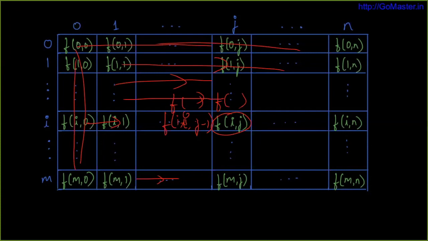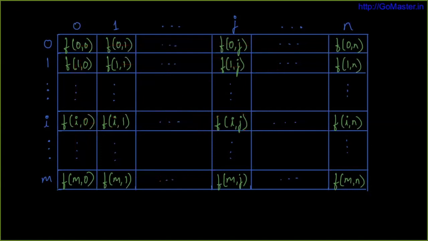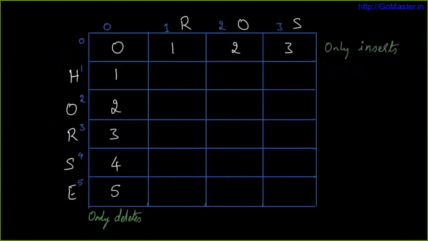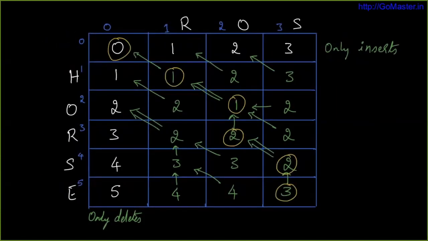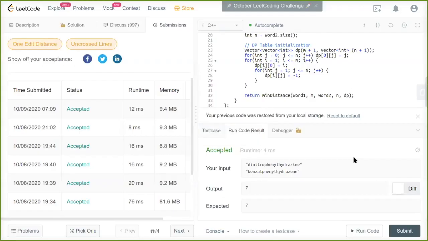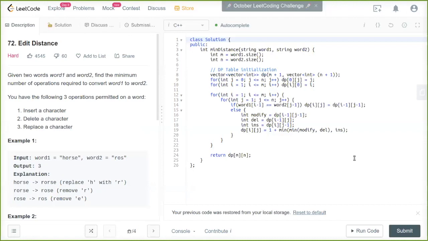This is not the only order. You can do column major with top down, or you can do diagonally. All of them are acceptable, but this is one easier way of doing it, right? So if you do it this way, it's going to be what's called the bottom up way of computing it. All right. So if you see here, this is the result we get. And so let's see how the code looks for that. So this is exactly how it looks.